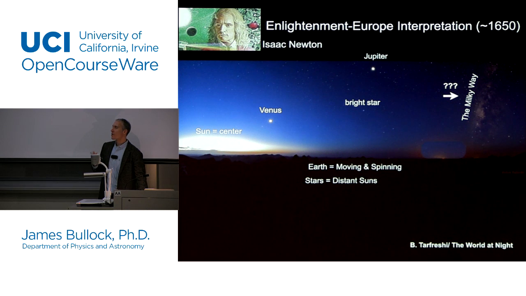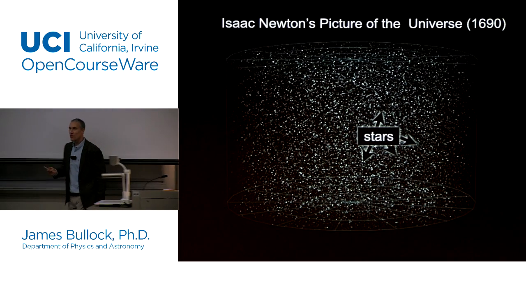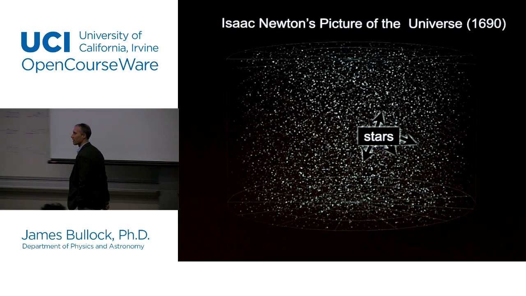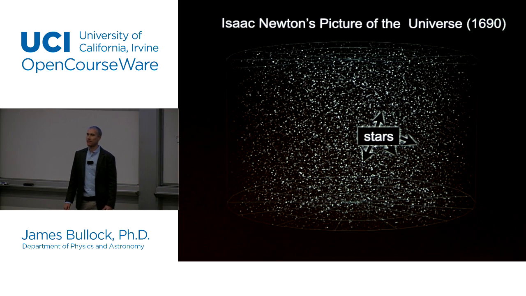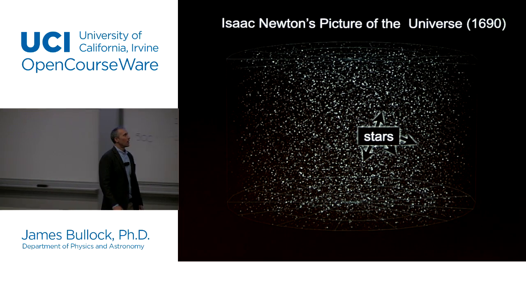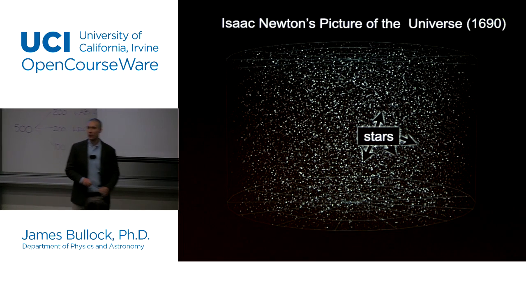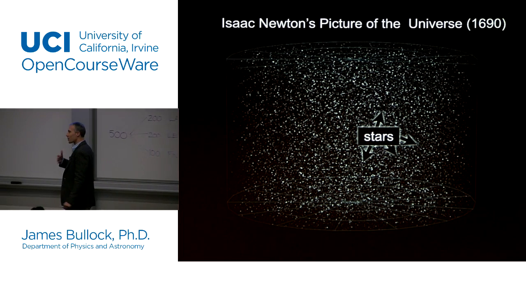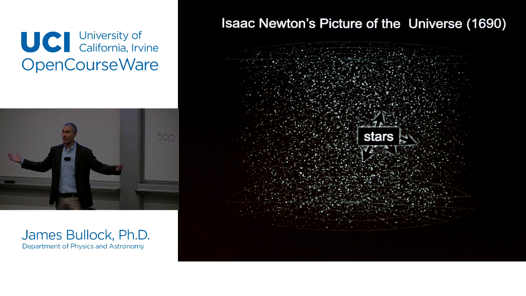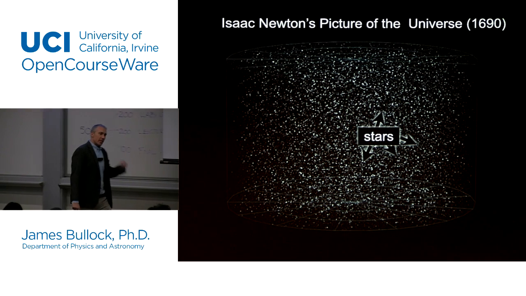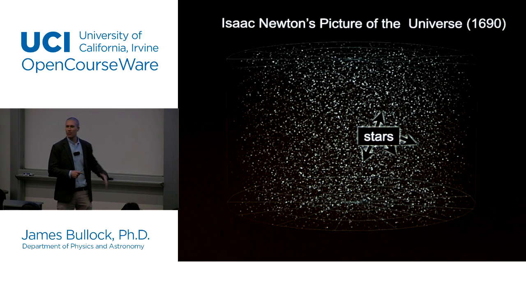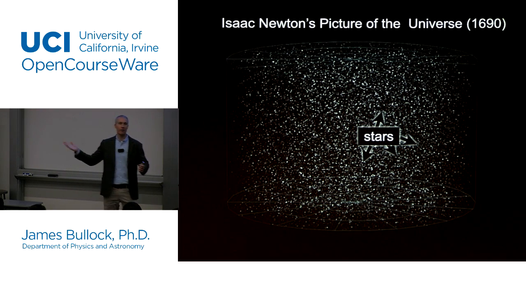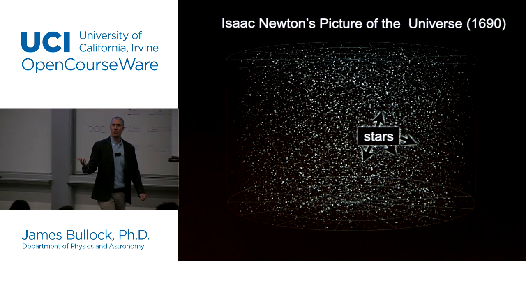When Newton closed his eyes and thought about what the universe was on the largest scales, he thought of something like this: an endless sea of stars. Each of those stars is sort of like the sun. And in fact, it was sort of a depressing universe if you think about it, because it was just star after star, and it just kind of went on forever, and that was it. And I think there are a lot of people today who, if you ask them what the universe is, think it's something like this. It's star after star, and there's a lot of them, and they're sort of like the sun, and it kind of makes me depressed. I don't want to think about it anymore.